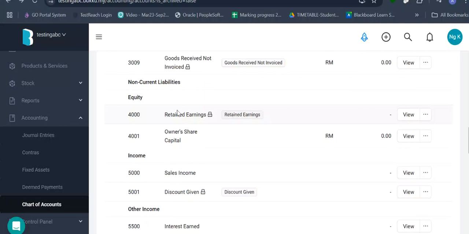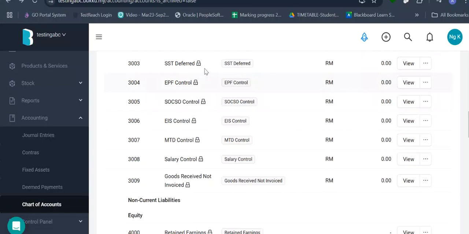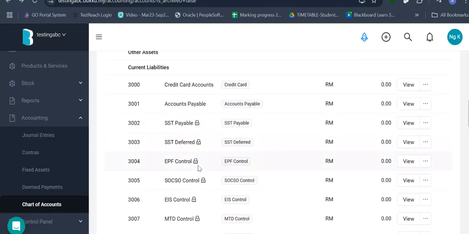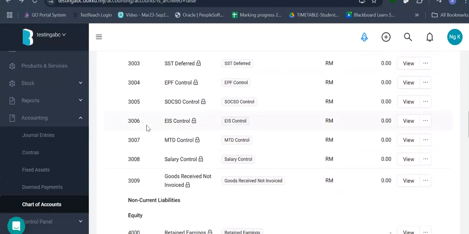Sometimes you have a prior period error, or you change your accounting policy. Those are a bit advanced accounting where you need to disturb your retained earning as well. Otherwise, when you see all these control accounts with a lock, basically these are figures from somewhere else. So we do not normally enter directly into these accounts.